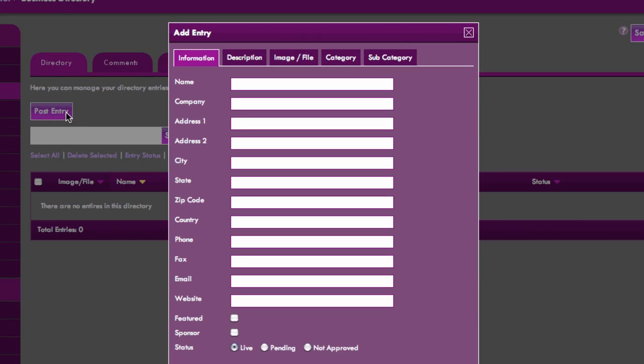You'll get a pop-up window that'll ask you to fill in the fields about your entry. So again, for this example, we're making a business directory. So you would want to give this a name, such as your business. You can give it an address. And all of these fields you do not have to fill out if it's not applicable to the entry that you are entering. Once you've filled out all the information on this tab, you'll need to go to the next